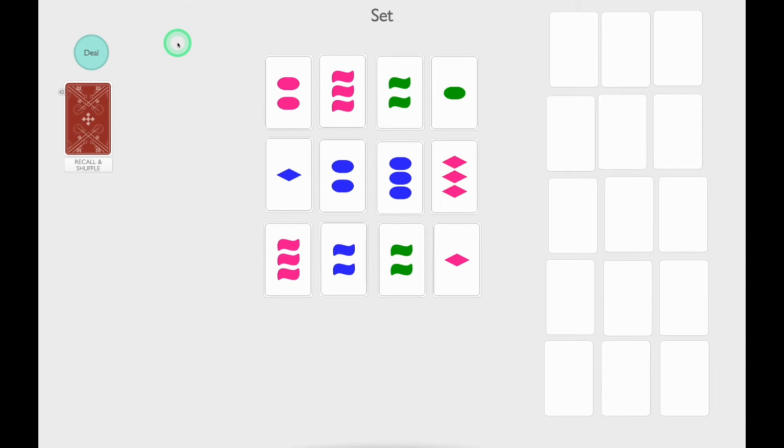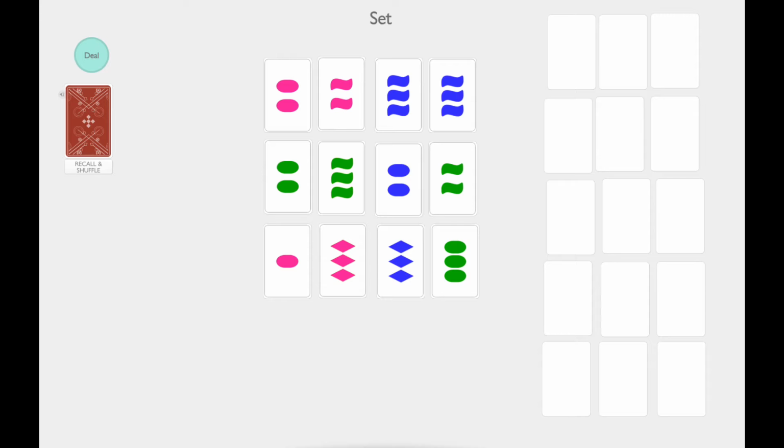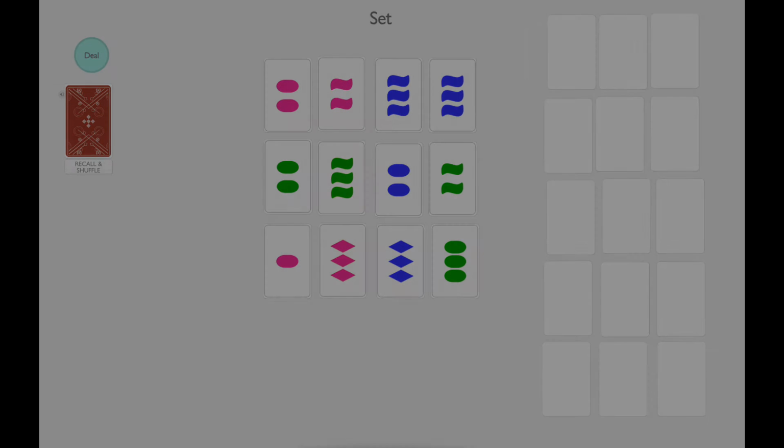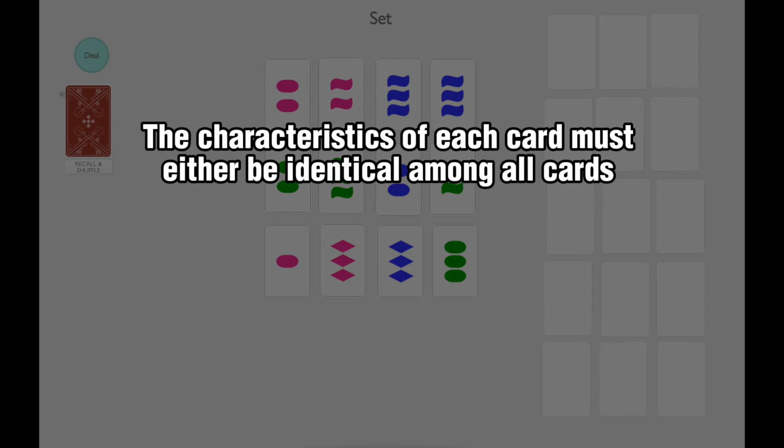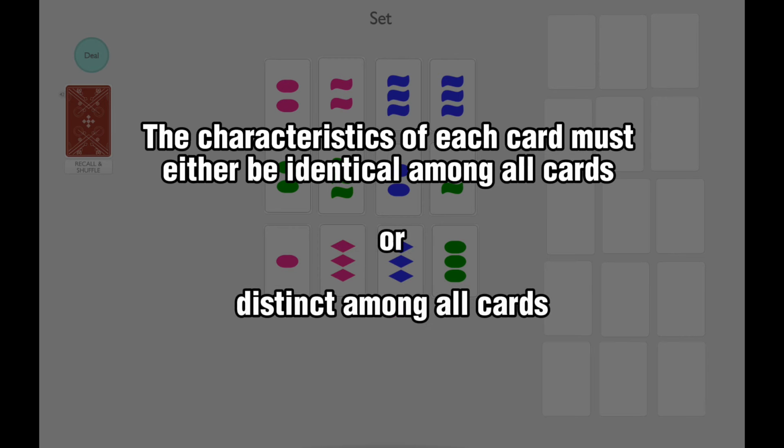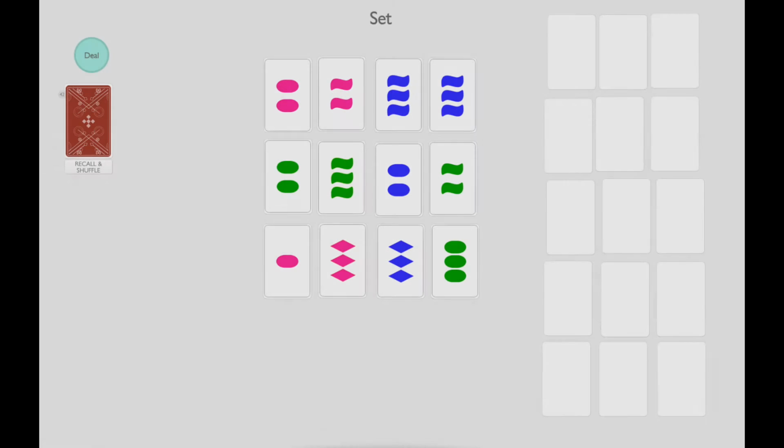Begin by dealing 12 cards face up and explain to your students that the objective of the game is to identify a set of 3 cards based on the given characteristics. A set consists of 3 cards that satisfy the following rule. The characteristics of each card must either be identical among all cards or distinct among all cards. This means that the shape, color, and number must be the same across all 3 cards or different across all